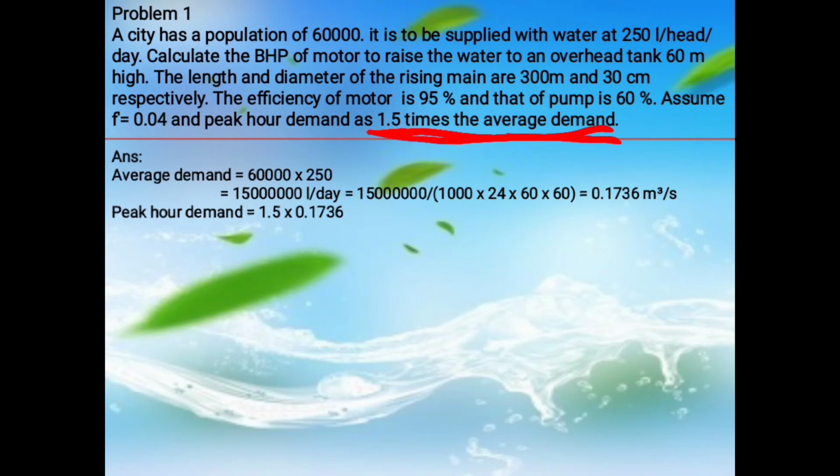But in this question, the maximum demand is given, that is 1.5 times the average demand. The peak hour demand or maximum demand equal to 1.5 into 0.1736, that equal to 0.26 meter cube per second. Then in the